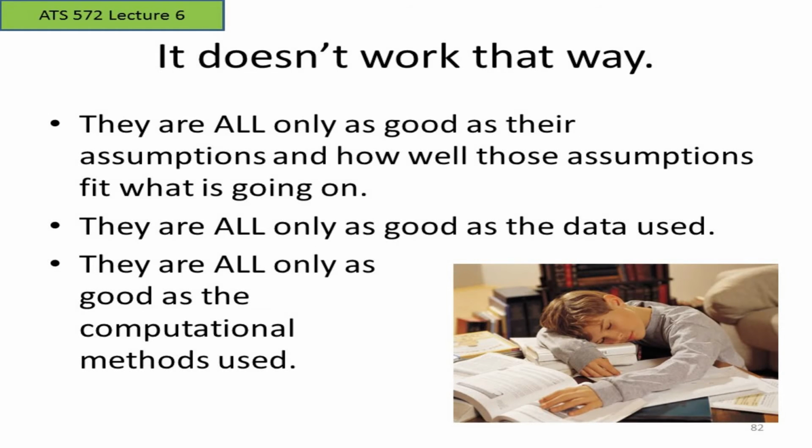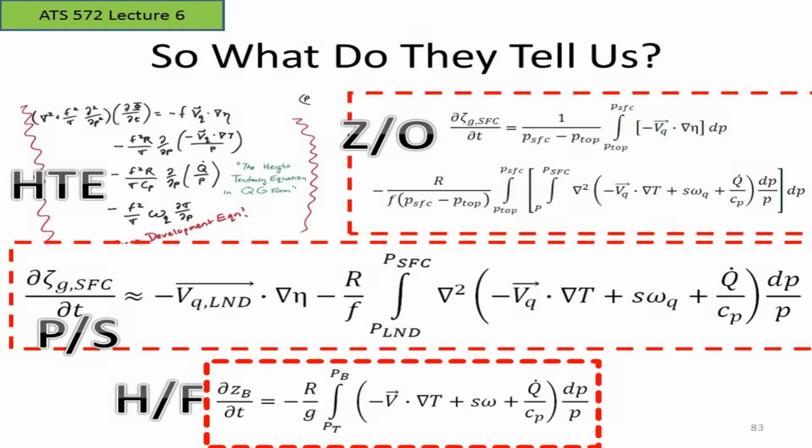They are all only as good as their assumptions and how well the assumptions fit what's going on. They're only as good as the data that are used, and they are all only as good as the computational methods that you've used. And as a consequence, none of them can be just thrown out. You got to think about all of them. So we could set out all 4 development equations side by side, something like this, and say, well, what